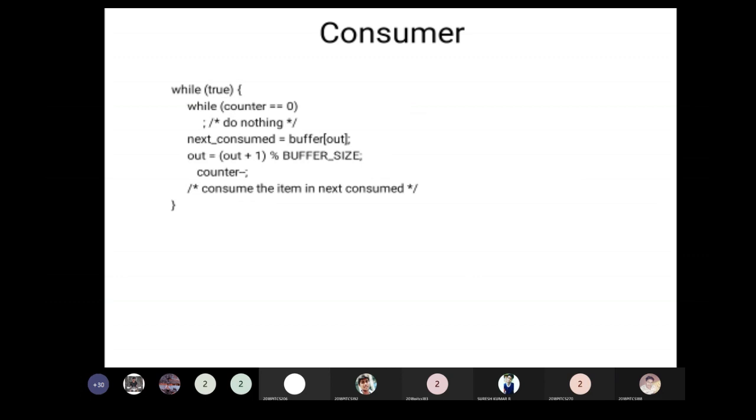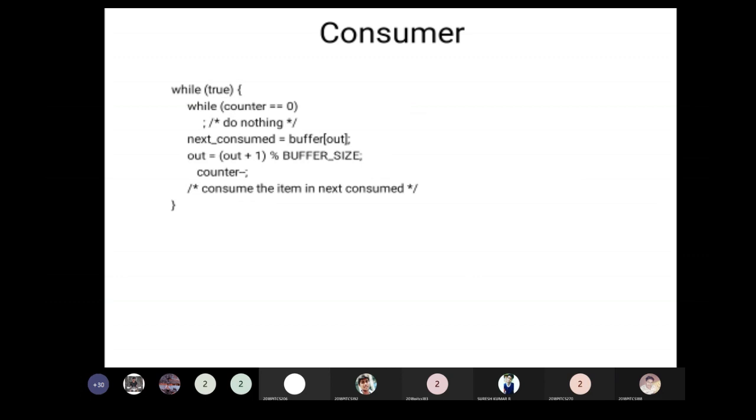If the counter is equal to 0, it means there is no item in the buffer, so you cannot consume anything. That is mentioned here as do nothing. Suppose the counter has some valid value apart from 0, then what is the process? It accesses the buffer for taking the item. That is stored here as next consumed.